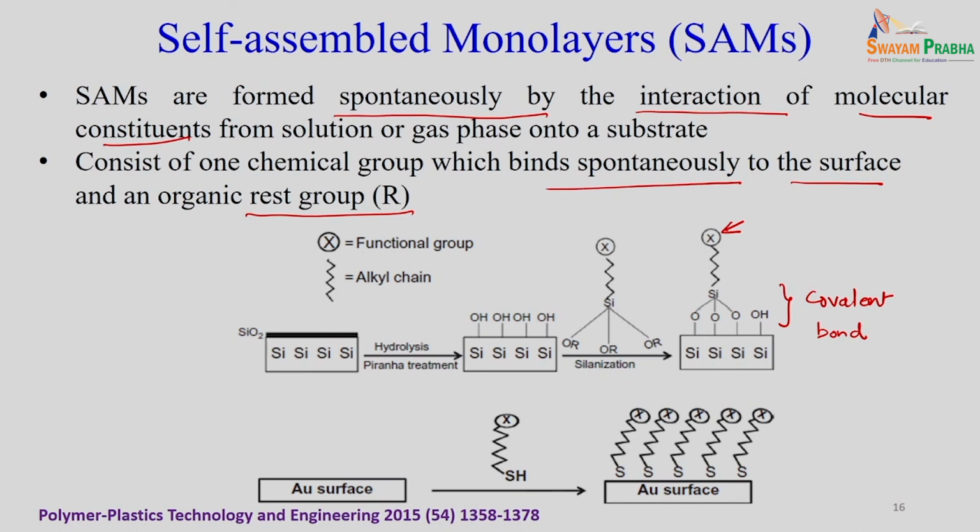So, here you have a silica surface or clean surface; we hydrolyze it, so you form the OH layer. Now, this is your silane agent, which has 3 ethoxy groups or 3 methoxy groups. The ethoxy group will react with the OH group and there will be a covalent bond between SiO and Si. So, basically it is a condensation reaction. So, it is covalently linked on the surface and the X group will decide its